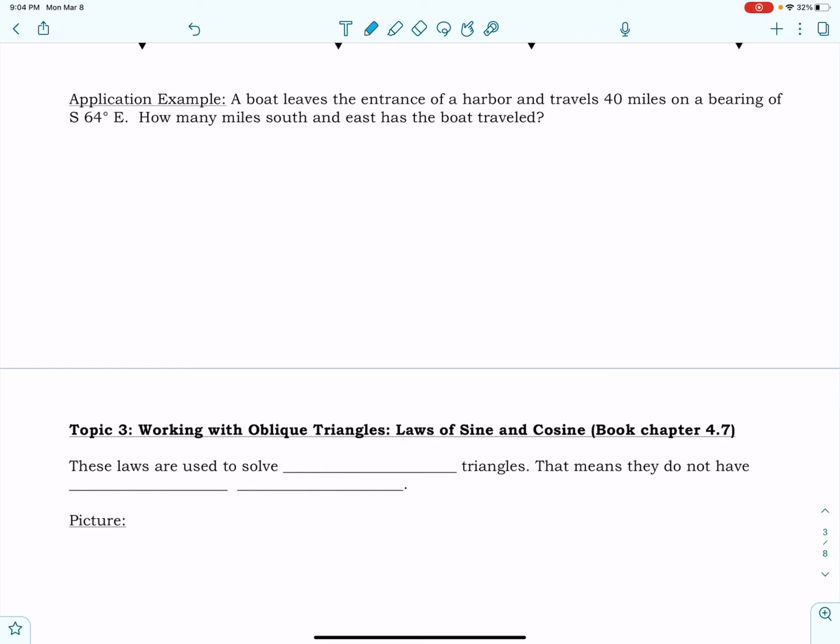All right, so what's going on here is that we are given a quadrant bearing. So the easiest place to start is to draw our quadrants: north, east, south, and west. Let me switch colors. If I'm looking at a south 64 east, that means that this is going to be roughly,